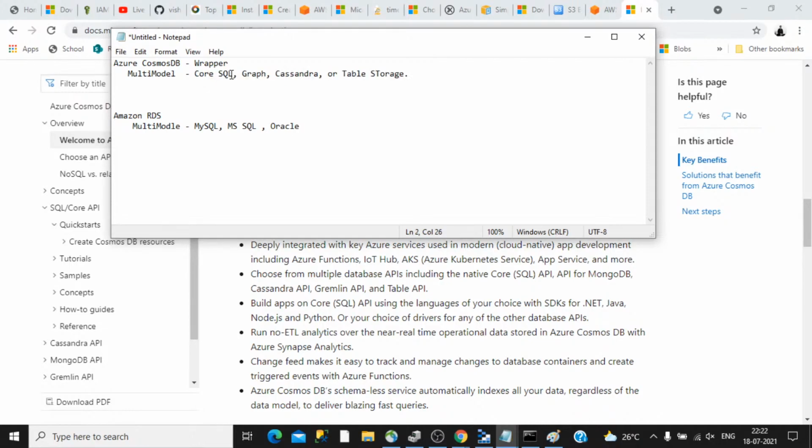You can use SQL to interact with that particular NoSQL, but it's just a wrapper on top of it. And you can think of this table storage as kind of Azure table storage.